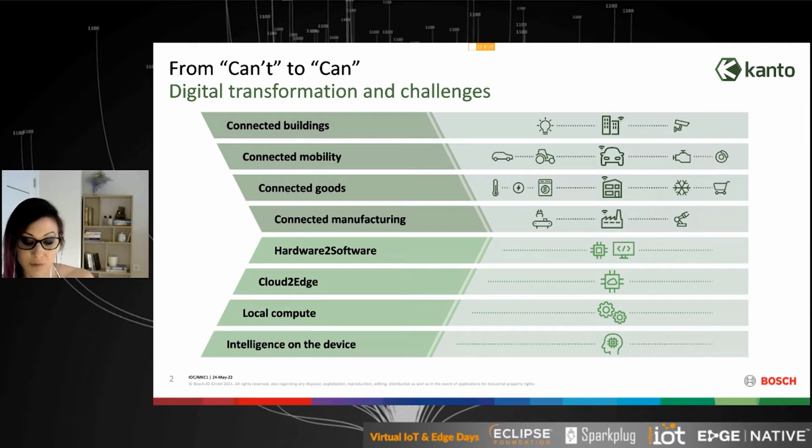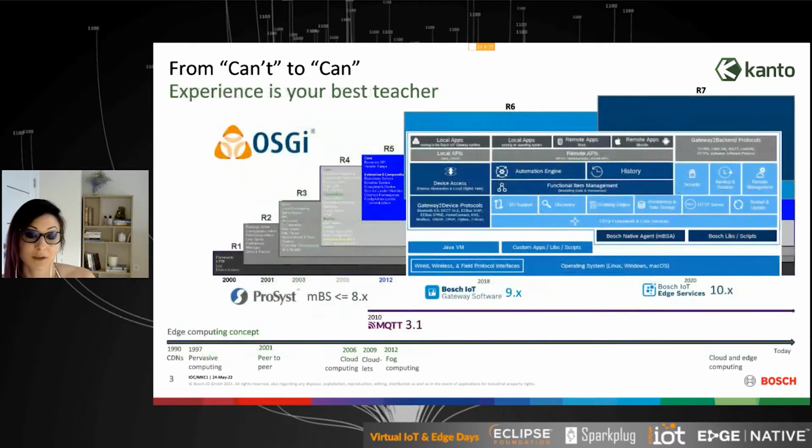But these are not problems that have happened today. This is a process that has built up along the years, because, for example, 20 years back, there was not such a variety of devices. No one actually thought that today we would have so many connected devices, so many wireless technologies, and so many Gs already, 4, 5, 6, and so on.